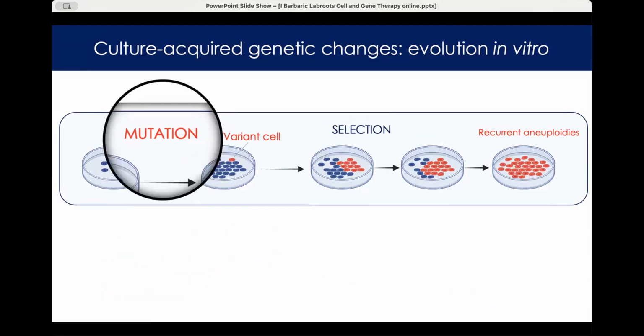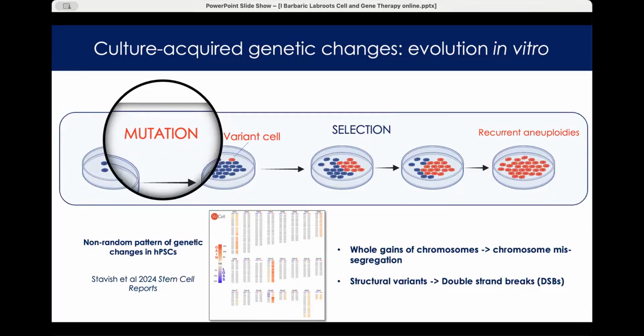If we start with the process of mutation, one aspect that we are exploring here is to what extent are pluripotent stem cells really susceptible to things like genome damage or mitotic errors? And also, to what extent does the appearance, for example, of double-strand breaks predispose them to specific karyotypic aberrations that we see? So if we look at the recurrent genetic changes from this heat plot that I already alluded to,